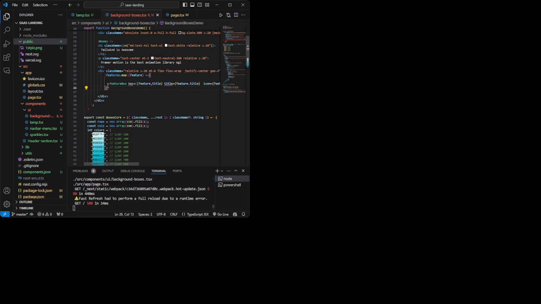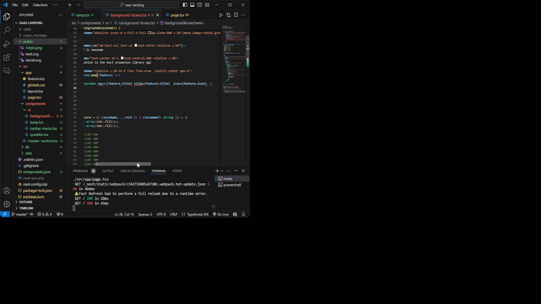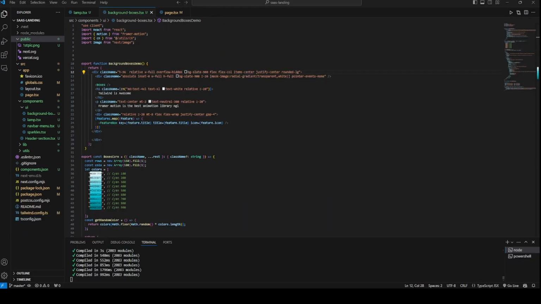I have to give this forward bracket. Feature box. So actually there was some problem in that bracket. So I solved it and now it's error free.